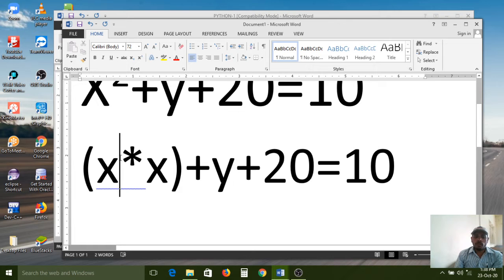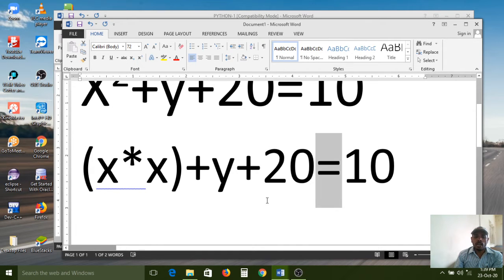The star symbol is an operator, the plus symbol is an operator, and the equal symbol is also an operator. So this expression contains two operands, x and y, and three operators: plus, multiplication, and equal to.